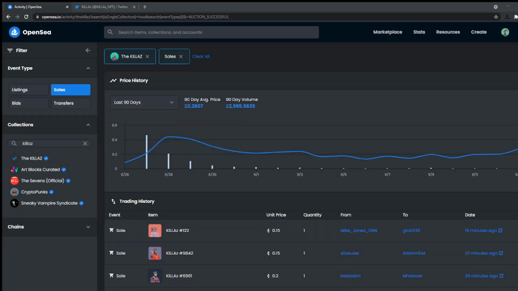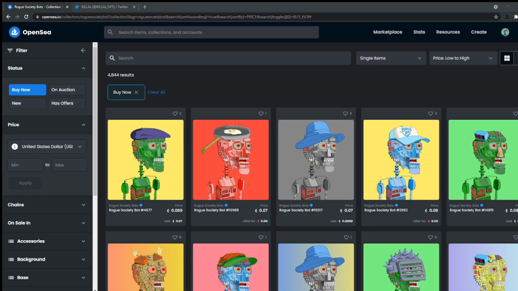Wait for the minters to dump their bags, load up when the FUD is the strongest at the bottom, wait for the vast majority of people who missed out on the mint to FOMO back in, ride that wave, don't get greedy. Sell before the floor stabilizes, sell when things are just selling instantly, just to secure your profits. Maybe keep 1 or 2, depending on if you like the project or not, and just get out and rinse and repeat. So I wanted to quickly touch on another project that I flipped not too long ago,